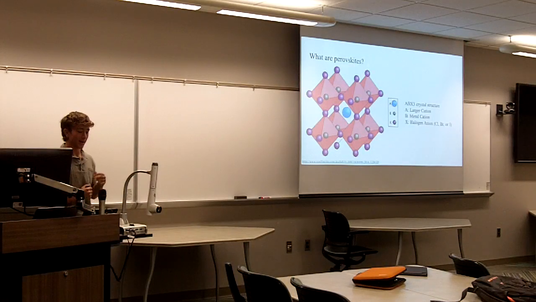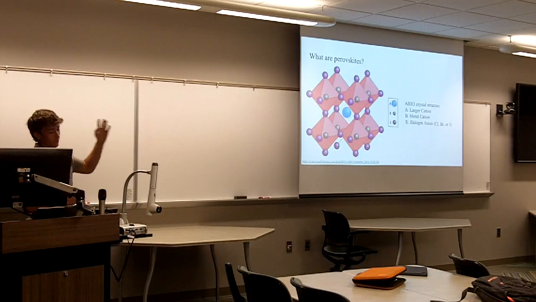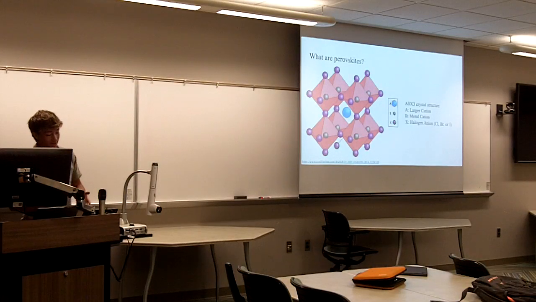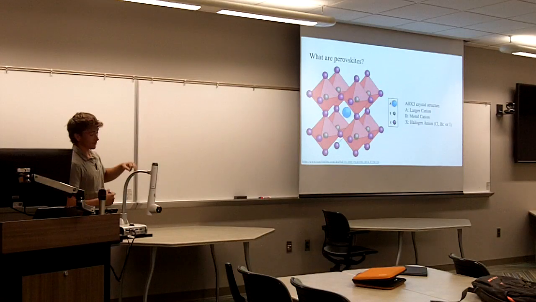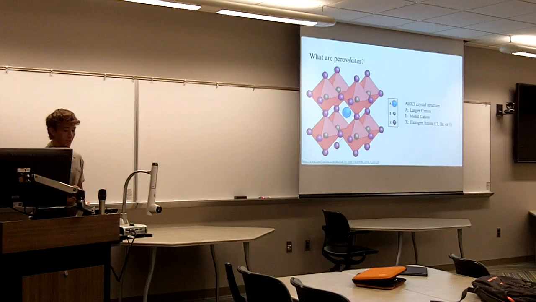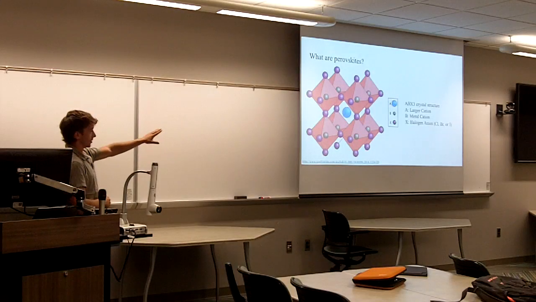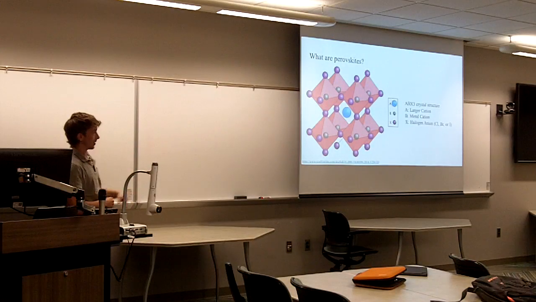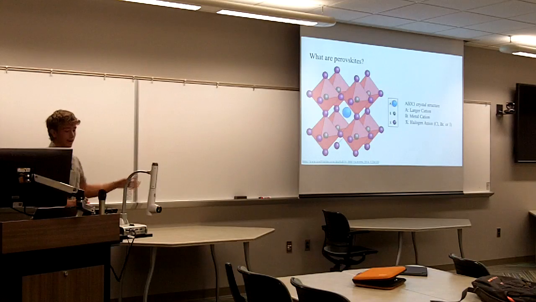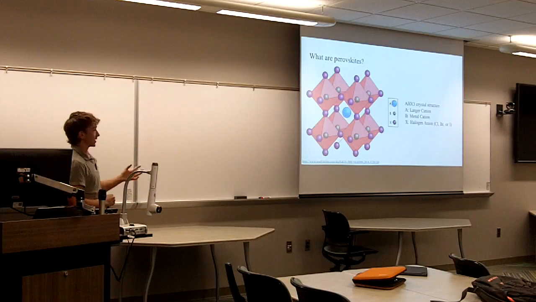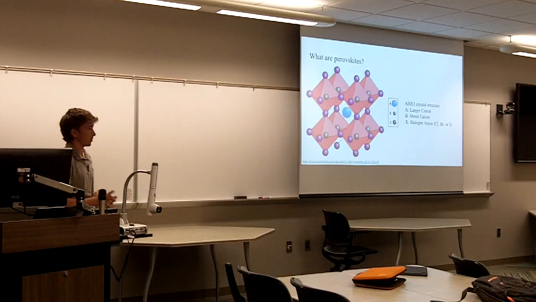Perovskites are typically assembled by combining three different types of atoms, one large, one medium, one small. These atoms come together in a regular pattern to form a repeating 3D structure known as an ABX3 crystal structure. In the structure, the large cation, the blue sphere, sits in the space created by the corners of the octahedra formed by the B cations. And the B cations, or the gray spheres, are located in the center of each octahedron, while the X anions, or the purple spheres, are located in the corners. And the X anions are typically halogens, which are